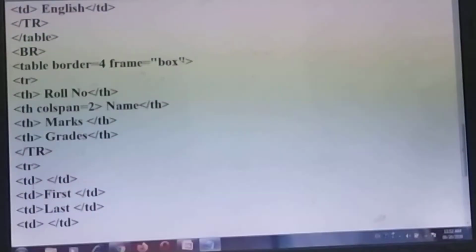And next row, for the first table data I have taken nothing, so I have taken blank. Next is first table data, second table data TD, and third, next is 4. So I have taken here 4 TD, and in the upper part the same I have taken 4 TD, but here I have given colspan 2, that's why our Name field is a combination of 2 fields, first and last.